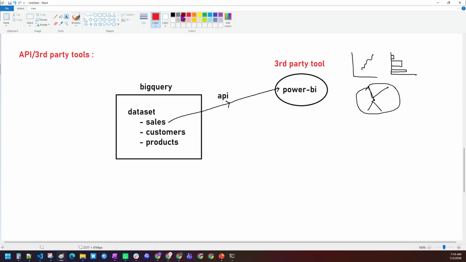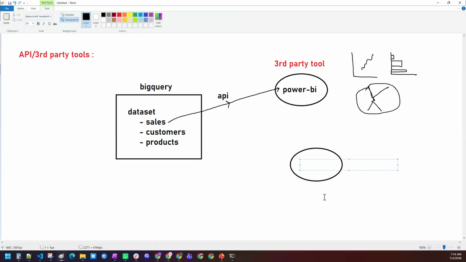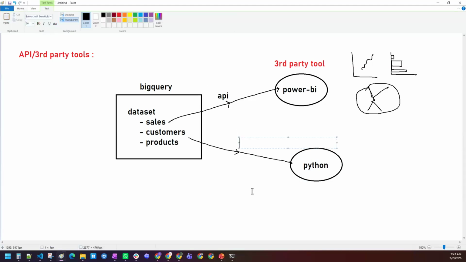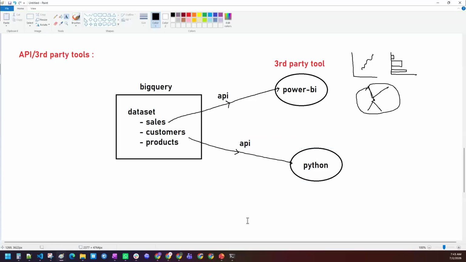Similarly, there can be programming languages also. For example, assume that there is the Python programming language. So, I wanted to interact with the GCP services using these programming languages. Yes, that is also possible. That's again done via API. So one can interact using any of the programming languages such as Python, Java, Go, and .NET, C Sharp. Any of these programming languages we can use and interact with the GCP services via API.